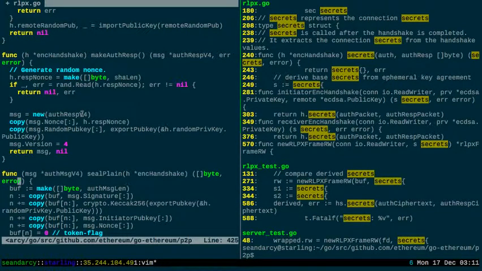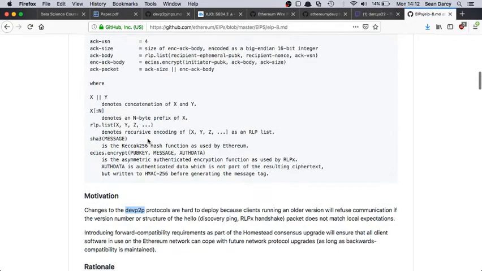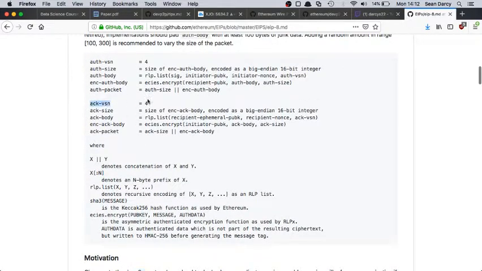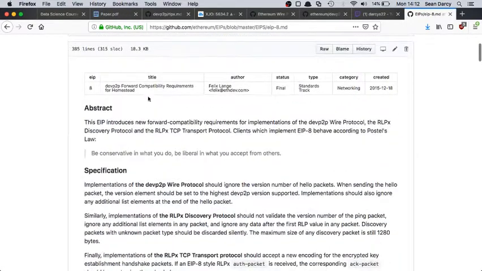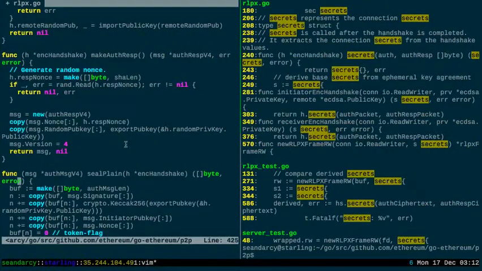Makes a new message, authentication message, copies the random nonce into the message, so it sets it for the handshake, sets the message version for, I reckon that message version is in here, ACK version 4, to comply with this new forward upgradable